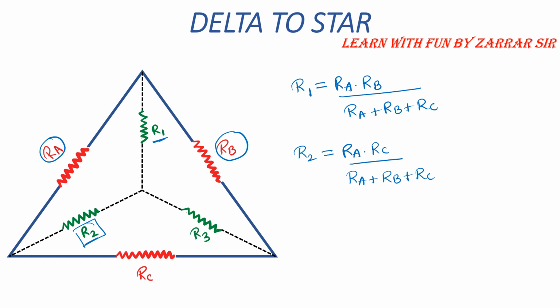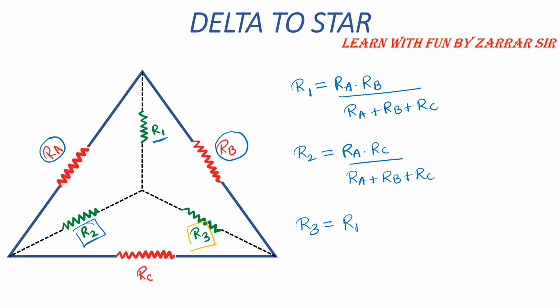Suppose I need to calculate R3, and this will be similar again. I know many of you will fast forward this if you have understood the concept. So my R3 will be RC into RB. That means I'll write RB. Sorry, I'll use the same color. Okay, so what I'll be writing is RB.